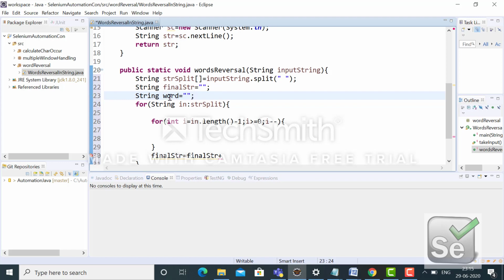And every time I will reinitialize this to blank. Now in this word, each and every word will be reversed and stored here.